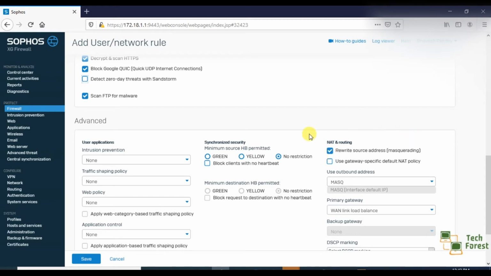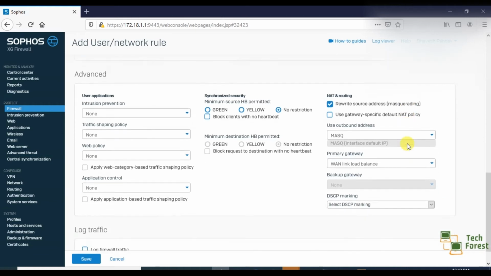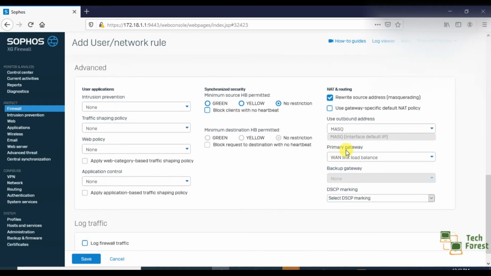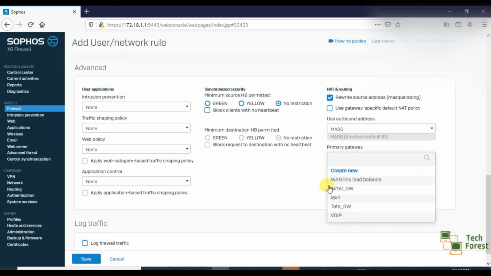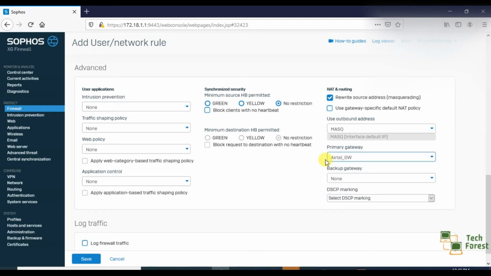But one thing I am explaining right now, here you can see primary gateway. If I click on this option, here I can see I have 4 ISPs. I can select any one according to my preference. If I select a primary one, another option is highlighted asking for a backup gateway.